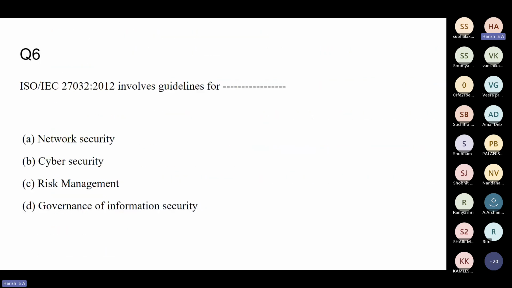Basically, as computer networks evolved and more people started getting on the internet, we needed guidelines for safe and secure networking, right? And these guidelines also evolve. So it's like this: you have technology that is going up, and the more technology rises, the more there are chances of misuse as well.